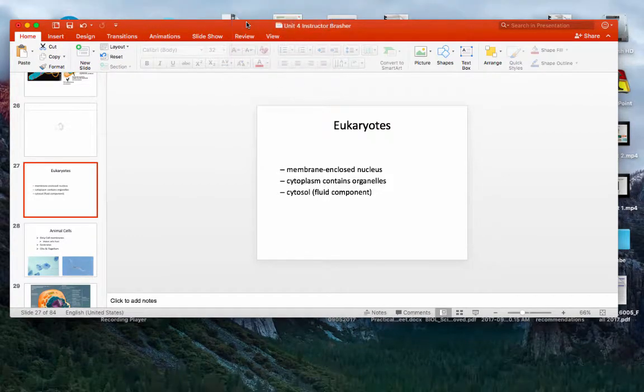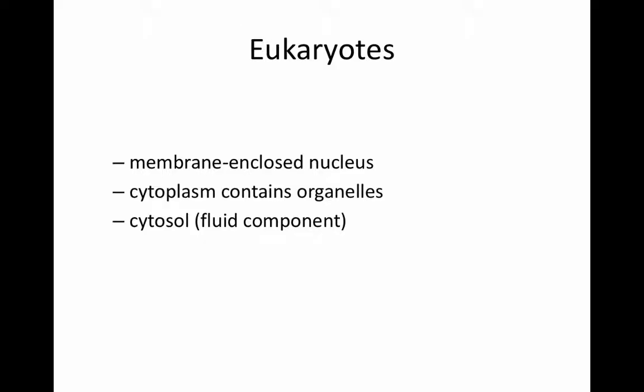Guys, so now we're going to talk about eukaryotic cells. So eukaryotic cells have an enclosed membrane. So these guys have compartments. The best way I can explain the difference between prokaryotes and eukaryotes is, let's compare a